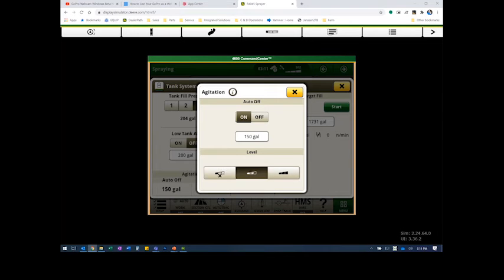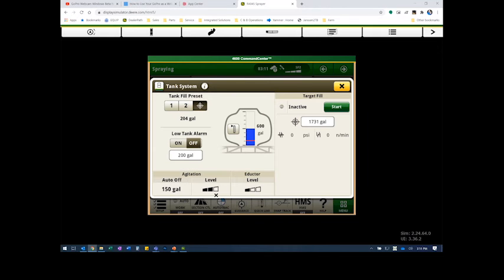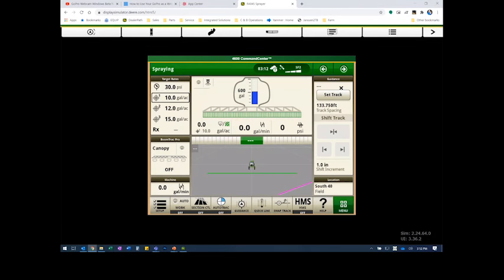You can also adjust the levels of aggressiveness here for the agitation as well. And it's not the only place to do that, but one place you can see that. I won't go through every single screen talking about sprayers, but just kind of want to give an overview of some of those options. Okay, back on our home screen here, if I click in the middle of the screen,